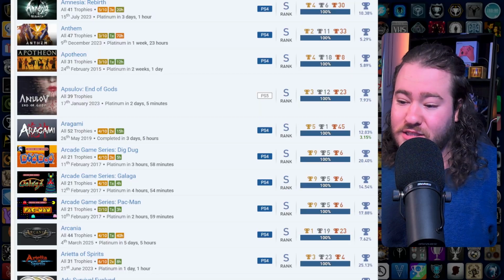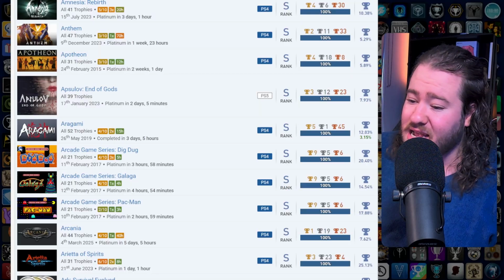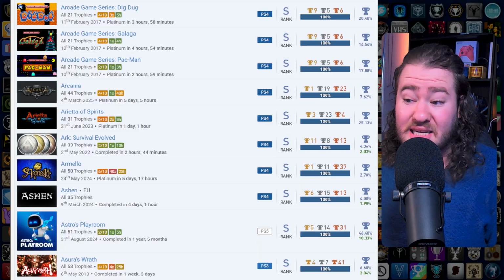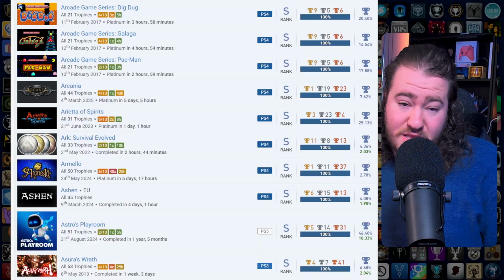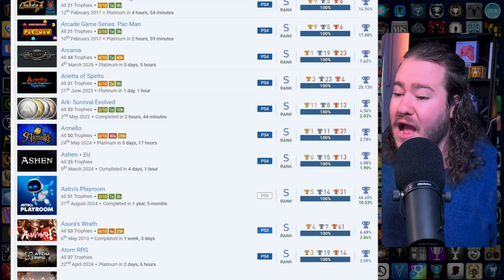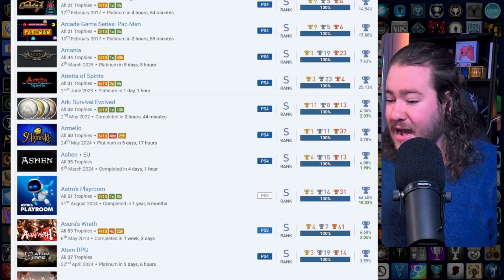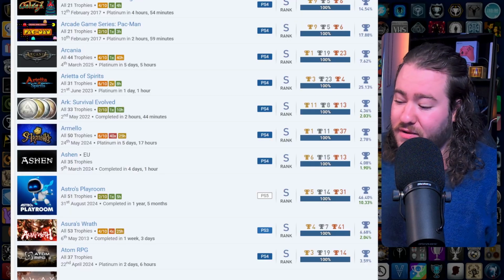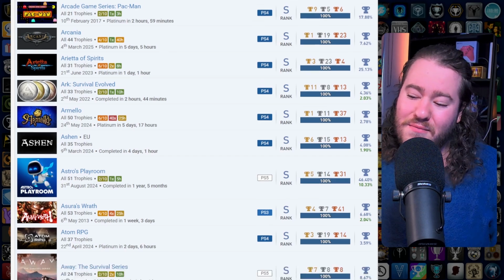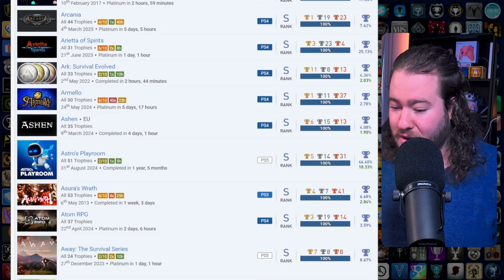Aspelov, End of Gods, this is the first time I've ever seen that game, followed by Aragami, a little bit of arcade series here with Dig Dug, Galaga, and Pac-Man, the usual suspects. Arcania is an RPG, followed by Arietta of Spirits. Ark Survival Evolved, use those dev commands, I know, I'm on to you. We then have Armello, followed by...